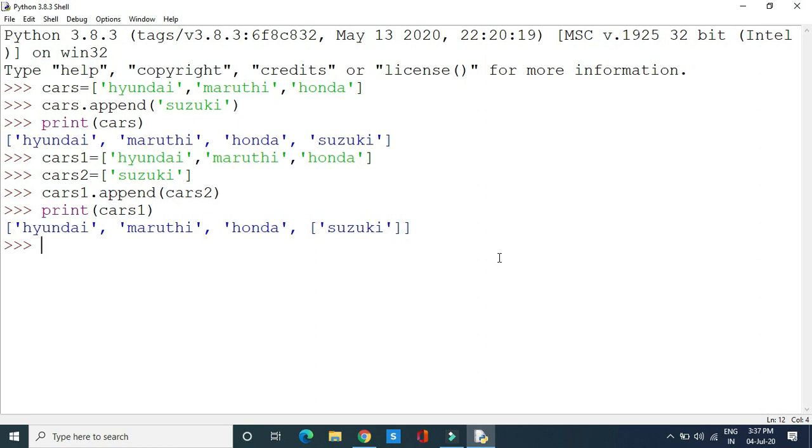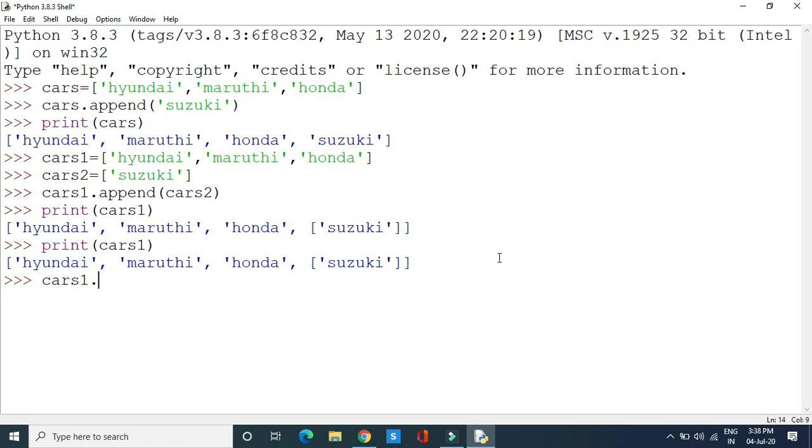Now we will try to see the example for clear function. We know that clear function is going to remove all the elements from the list. Now before that, we will try to verify whether cars1 and cars2 are having any elements or not. Simply for that one, you can mention it like this, cars1. Okay, cars1 you are having some elements. Now what I will do is, by using the clear function, I will try to remove all these elements from the list. So I will write like this,